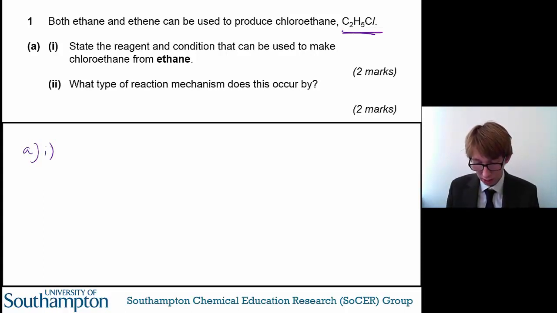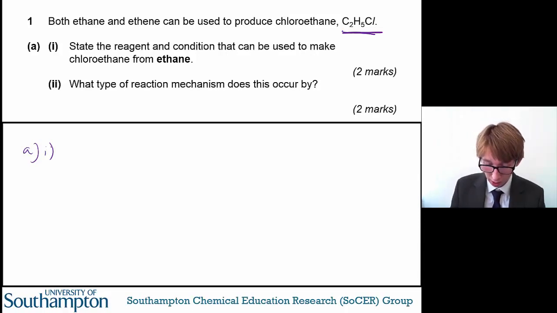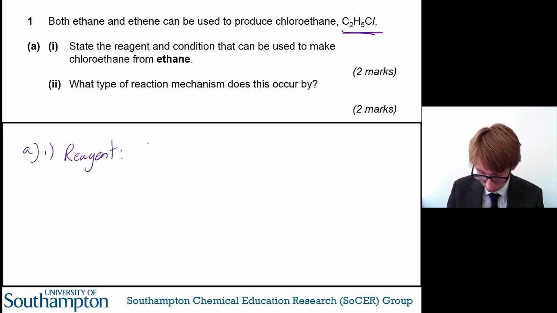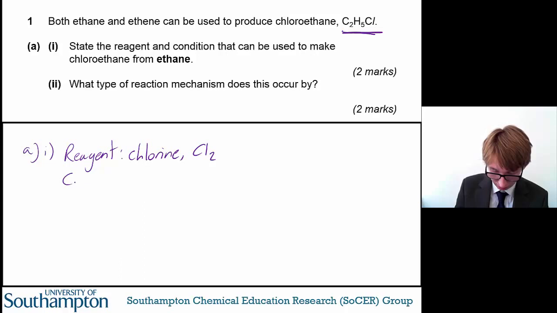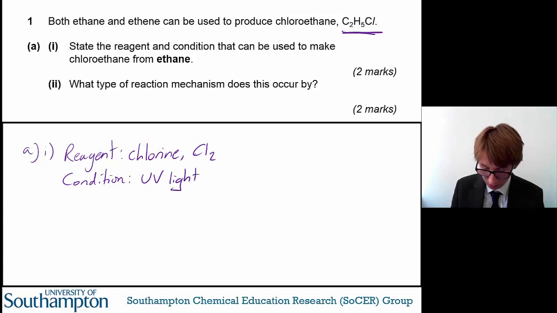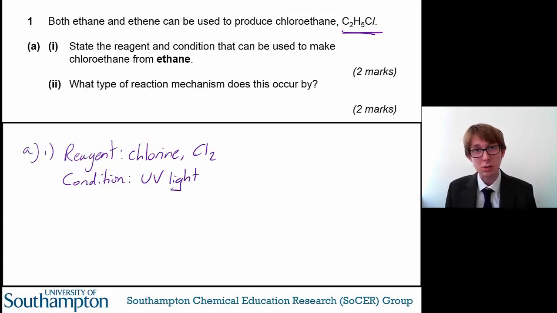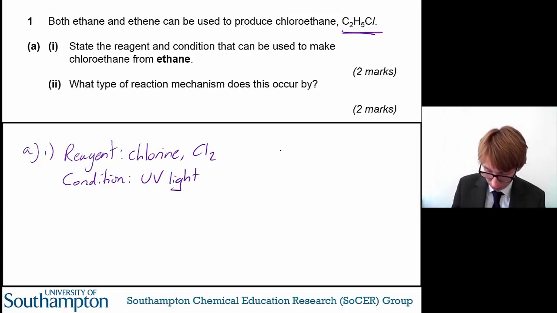To produce a halogenoalkane from an alkane, you need to react it with the halogen itself. So the reagent here would be chlorine, or Cl2, and the condition would be UV light. And the reason you need to use UV light is because when you have a